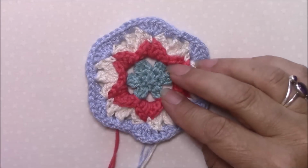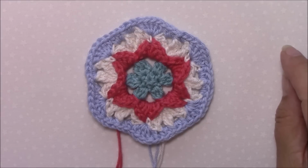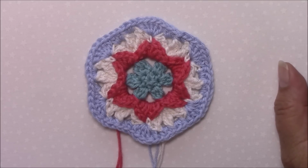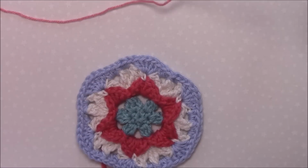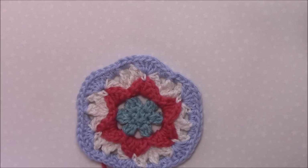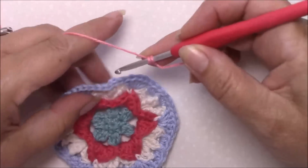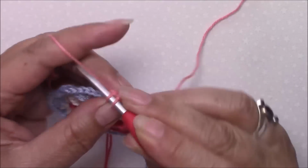Okay, so again, as you finish each round, make sure that you double check your stitch count before you work any ends away, because once you've worked your ends away it's always a nightmare trying to get things out. Okay, so use the pattern to double check your stitch count. Round 6, we're going to join with a standing double crochet in any front post single. Okay, so there's a front post single, so standing double in there,